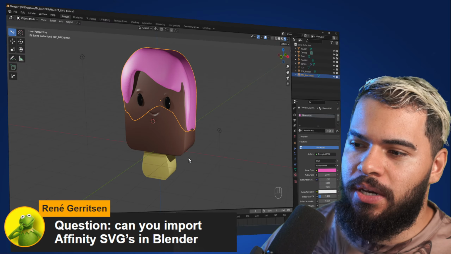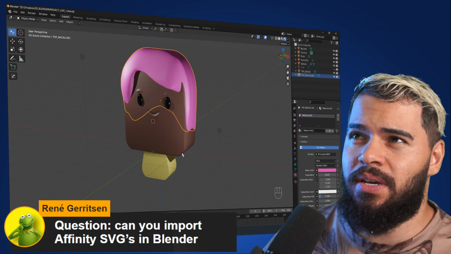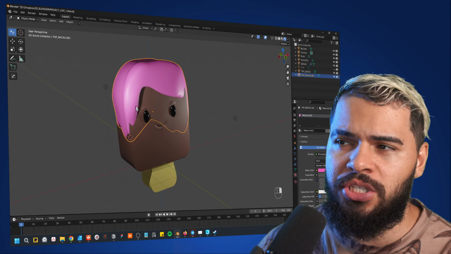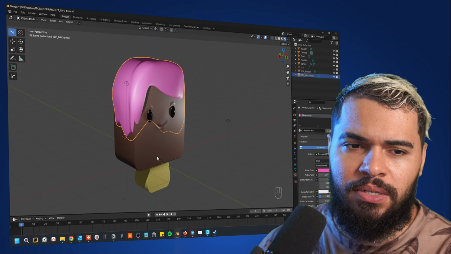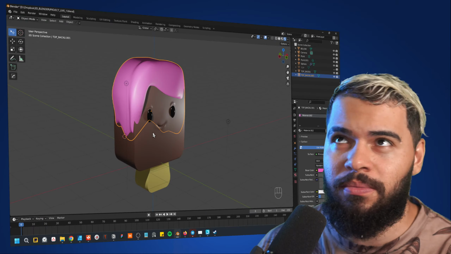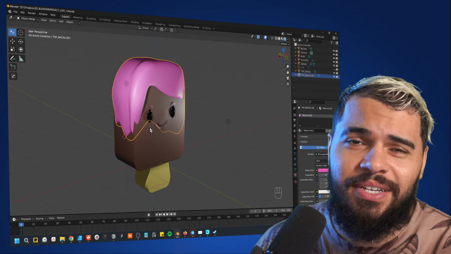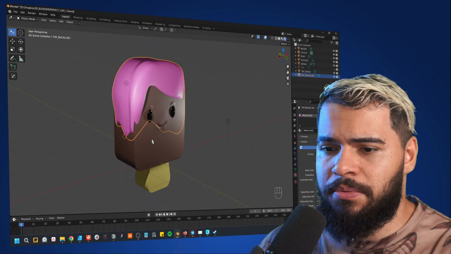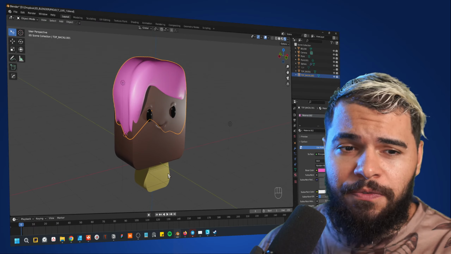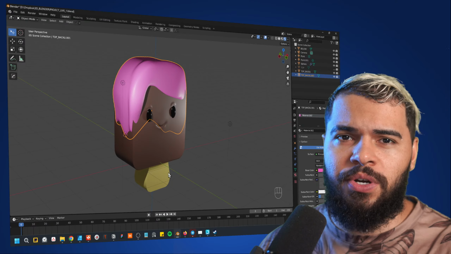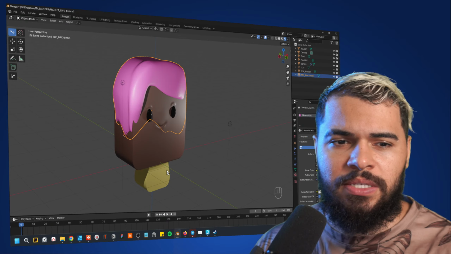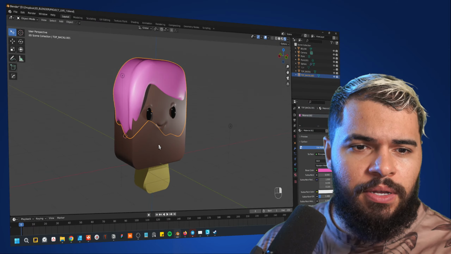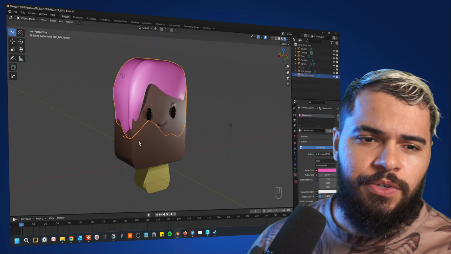And guys, I'll be 100% honest with you. In the way that we are growing in terms of technology, Blender is a must-have app. It's free, you don't pay anything, and it's growing a lot. I hope that Affinity will try to follow this kind of future, at least this growth in the industry. But let's see what they can do in the future, right?